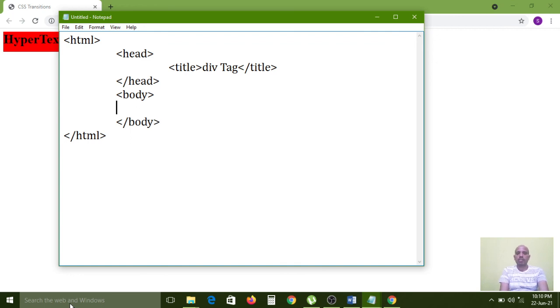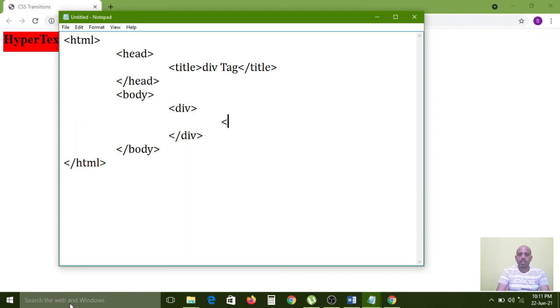So what is the use of div tag? Now I can explain what is the use of div tag. Here I am defining one image tag. Sorry, first I want to use one div tag. So here opening div and closing div.